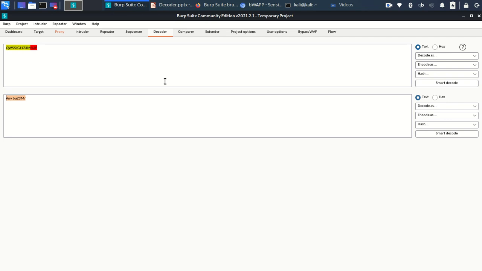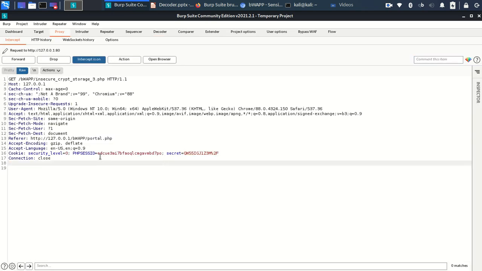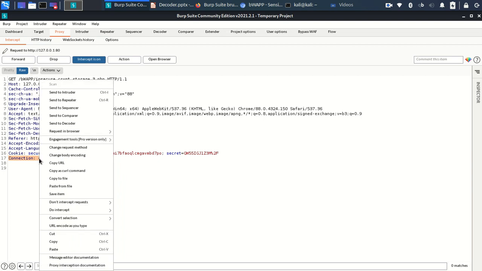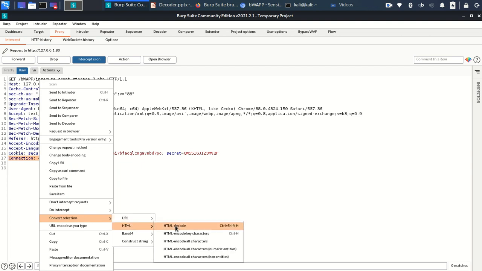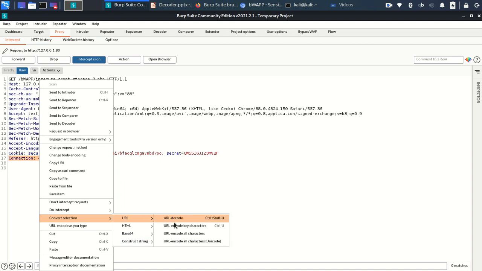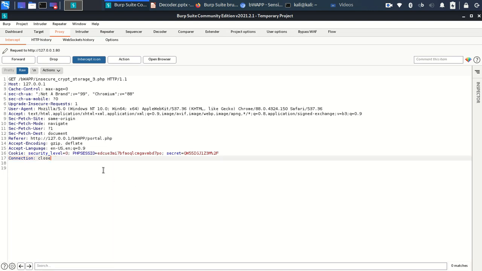If you get any type of encoded string, base 64 or URL encoding, you can simply decode it. One more thing: in a request you might find some HTML encoded strings, or URL encoding on this one.